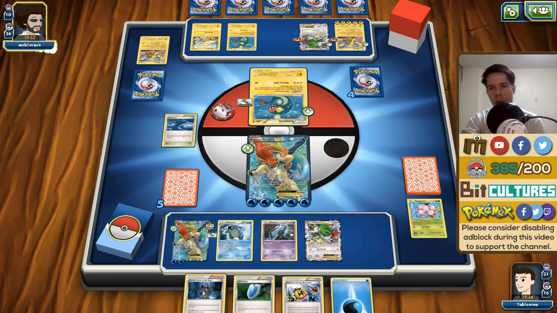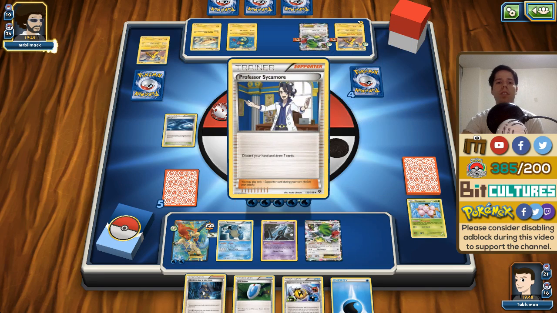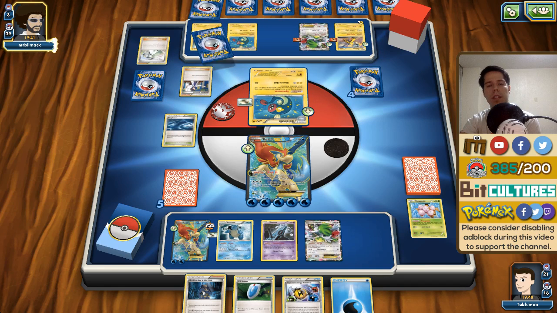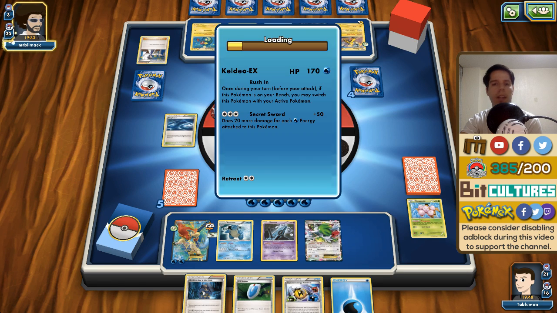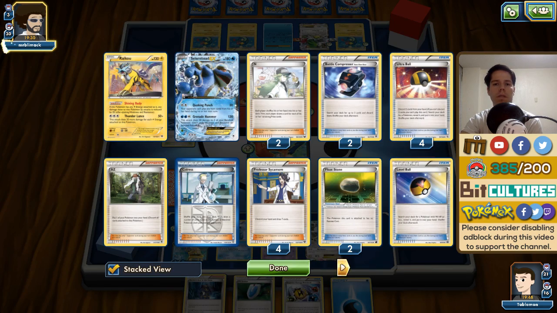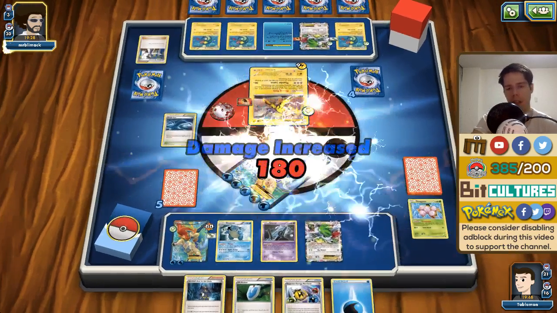So Raikou has 5 energy, 6 energy, just the perfect amount to KO me. He gets rid of a Lysander, and yeah, there's no way. I mean, he's looking for another Raikou, right? What's that? That's Keldeo. So maybe, I mean, he had the exact amount of energy. Okay, so now